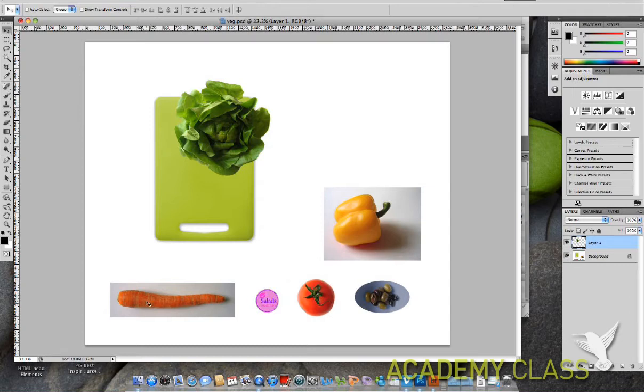Now, next we're going to focus on the carrot. And for the carrot, we're going to use our favourite magnetic lasso tool. If you remember that one, that was the one that was a pain. Right? That none of you like. But then when we're finished, you do like it and you realise that you were wrong and Photoshop was right after all. So what we're going to do, first of all, before we try and draw around this, is